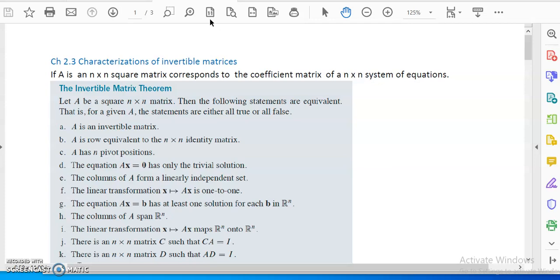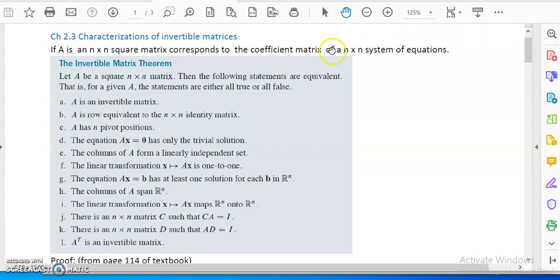In this chapter, we investigate some of the features of an invertible matrix. As a result of knowing a matrix is invertible, a lot of things are equivalent to it, namely how it relates to linear transformation, when A is the matrix of the transformation, and how it relates to A being the coefficient matrix of a matrix equation, etc. So it is a very important theorem that links